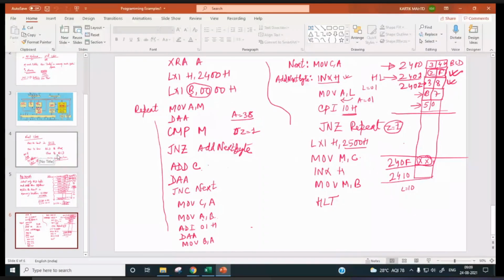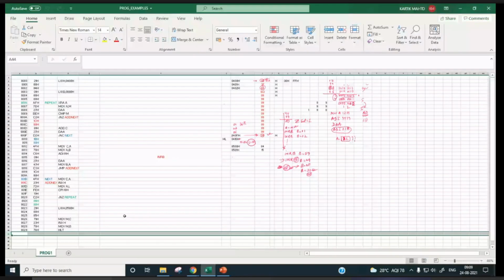On this Excel sheet, have you discussed this program? Anyway, in fact, I asked you to decode this.